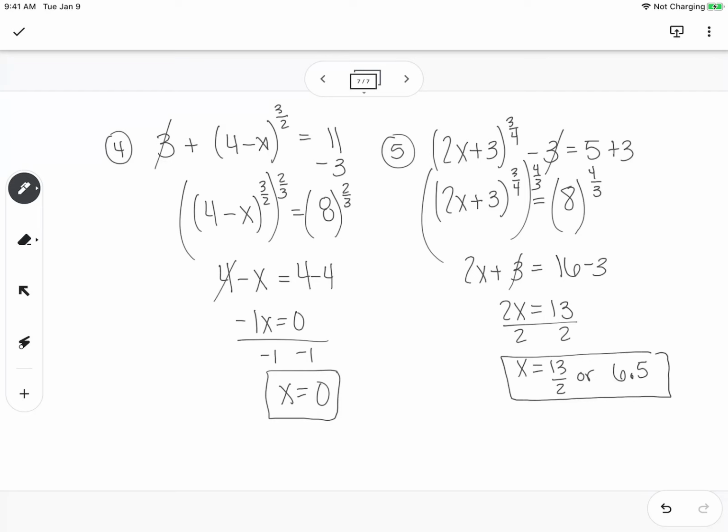All right, so hopefully you have seen plenty of examples there, enough to figure out your worksheet. There's 10 questions on there. Remember just to isolate that radical or isolate the parentheses part of the problem that has the rational exponent on it, and then get rid of that rational exponent by using the reciprocal,